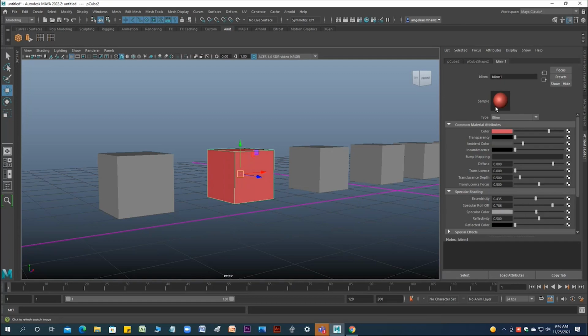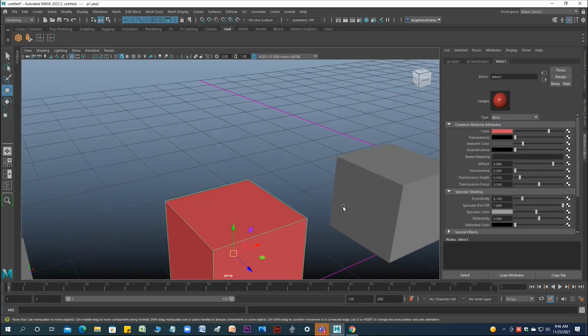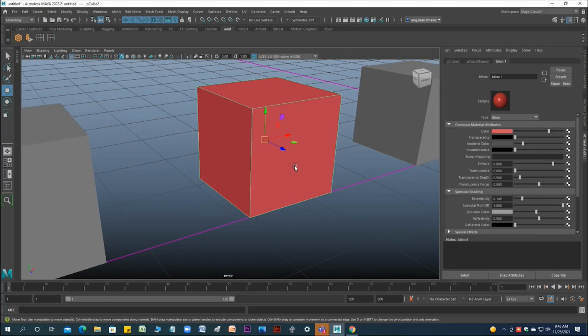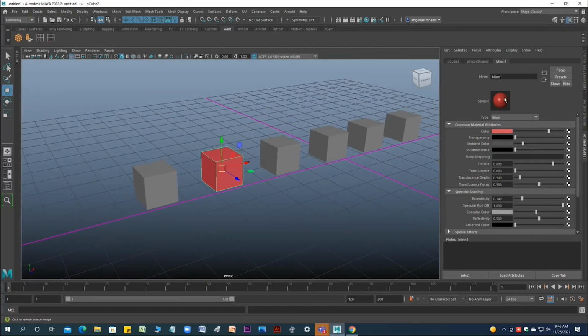You can see the sphere sample here. If you do this, it shows what the result is going to be. Since it's a flat surface, it's not much visible. Otherwise, this is going to be reflecting this way.